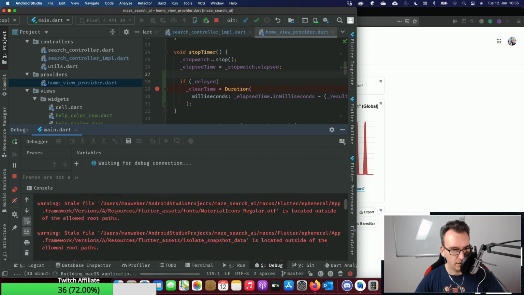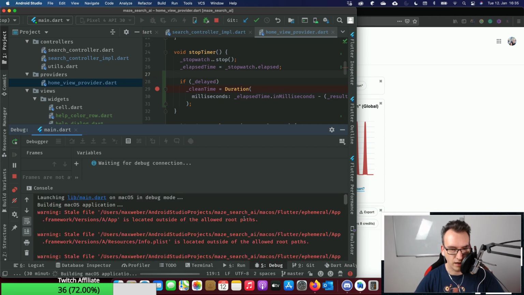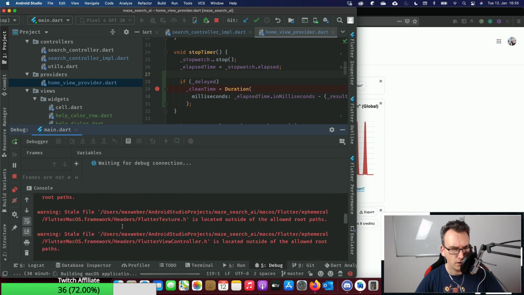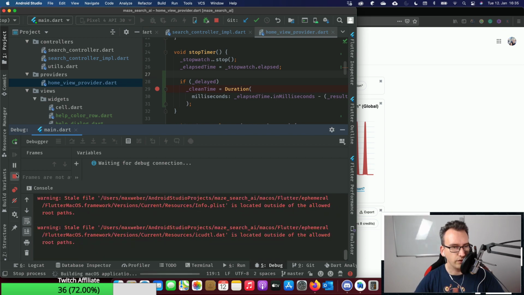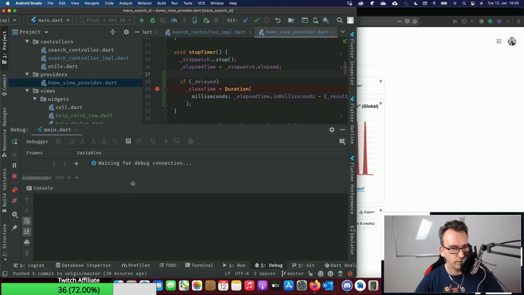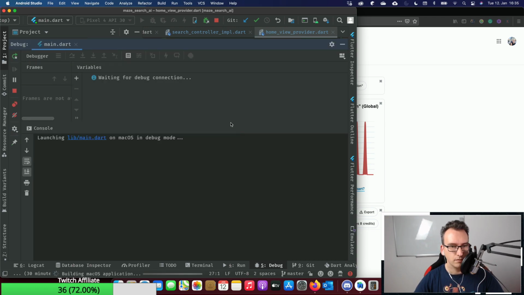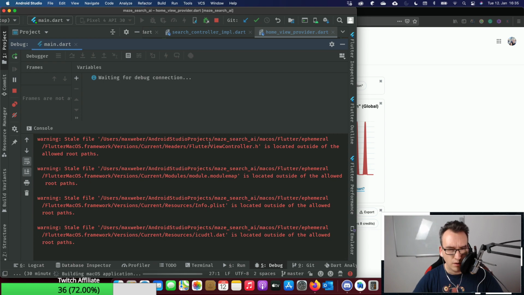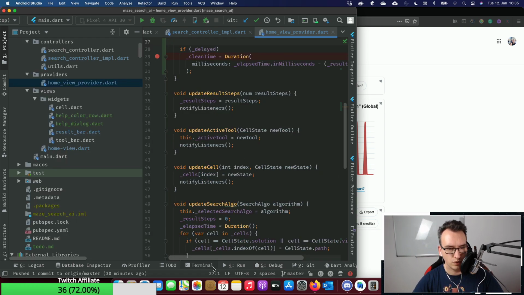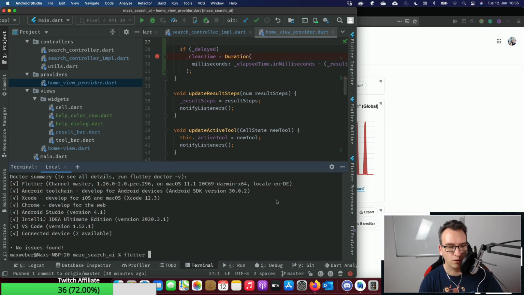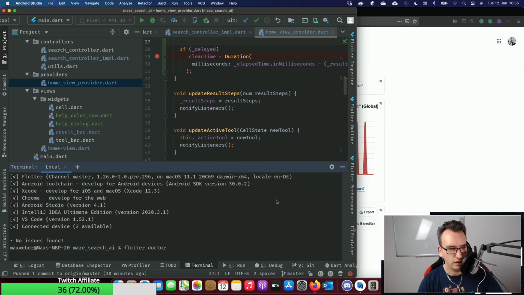What happens here? Stale file, allowed root paths. Okay, never seen that before. Is located outside of the allowed root paths. What? Okay, so let's go to the terminal, Flutter doctor. Let's see what's going on.